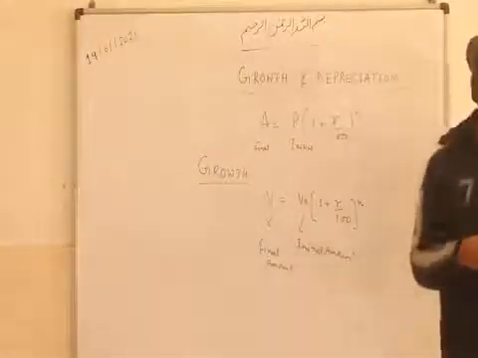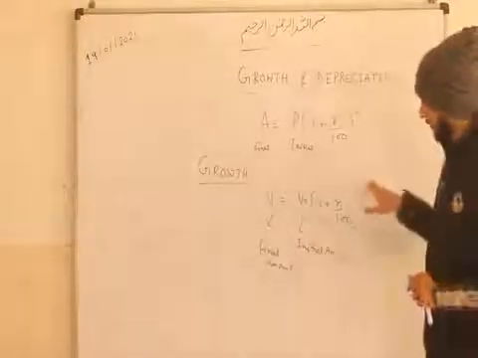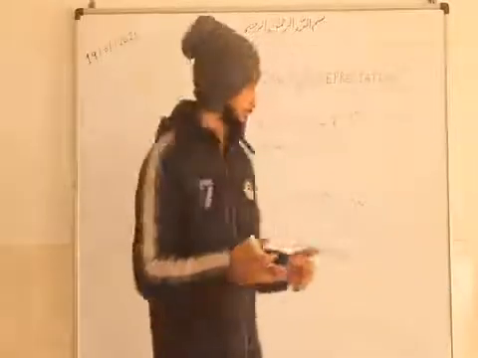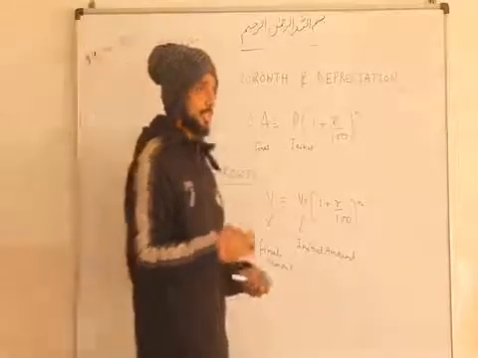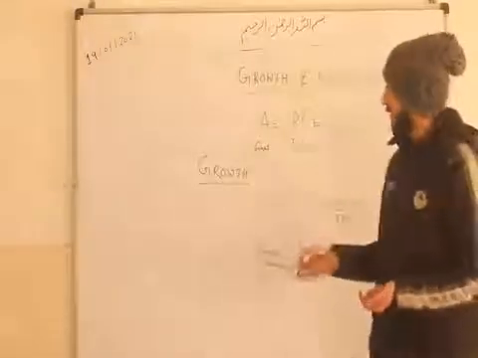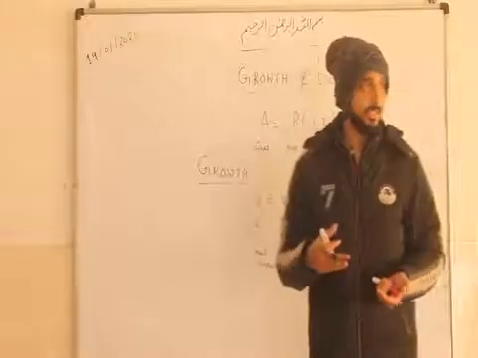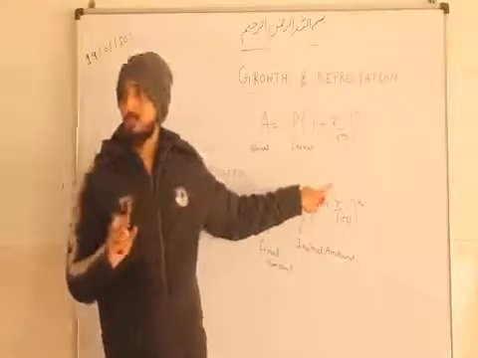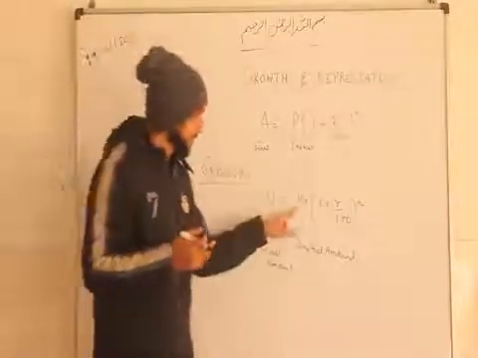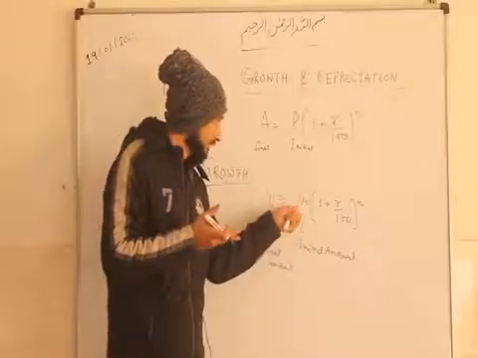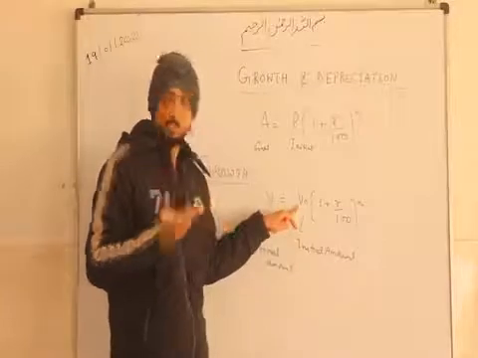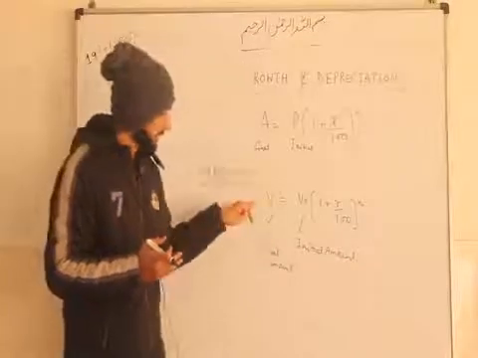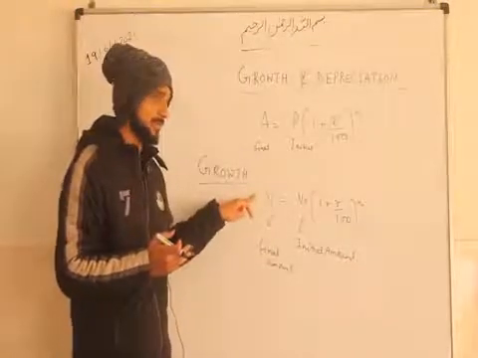There are so many examples in our daily life where we use this concept of growth. In commercial mathematics we will learn about it. Suppose in a survey we are calculating the growth rate of the population. Suppose in India every year 5% of the population is increasing, so that is called the growth rate. So how are we calculating the growth? There is a particular constant rate, suppose 5% per annum. Suppose in 2020 this was the previous value of the population, and in 2021 or 22, according to a particular rate, the final value is coming, that is V.